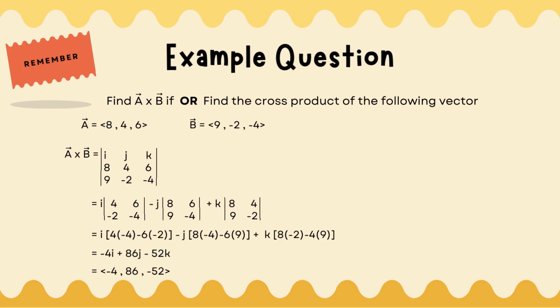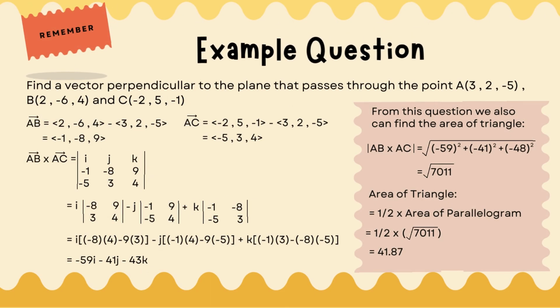So after we calculate all the vectors, we're going to get the answer as -4i plus 86j minus 52k. But we need to remember that the final answer that we accept must be in a vector. So the final answer is -4, 86 and -52. For the second example, if the question asks you, find a vector perpendicular to the plane that passes through